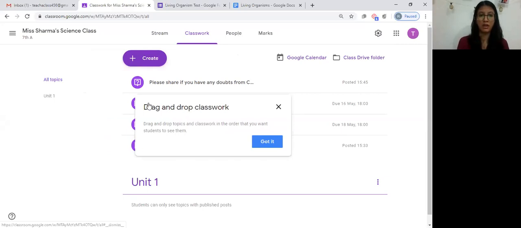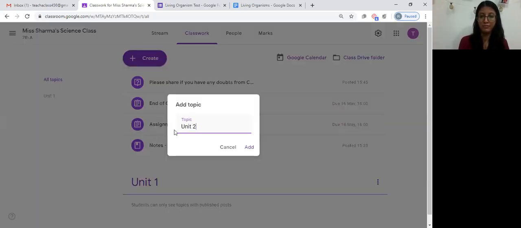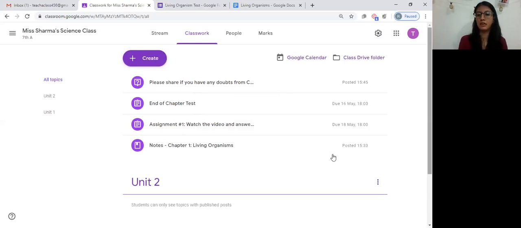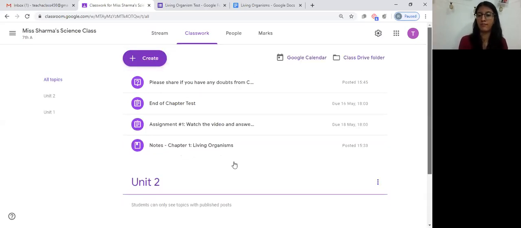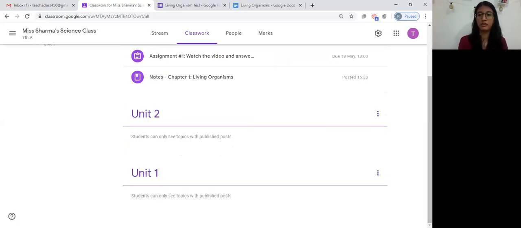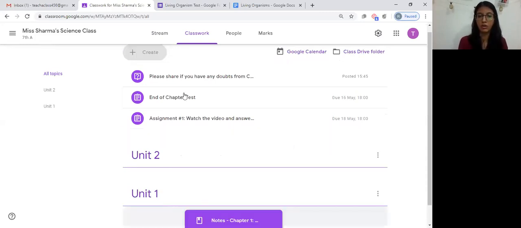I'm going to create another topic called unit 2. So that my students will be easily able to identify what topics or what units they have to go and look. So all of this belongs to unit 1. I'm simply left-clicking and holding it and dragging it to unit 1.